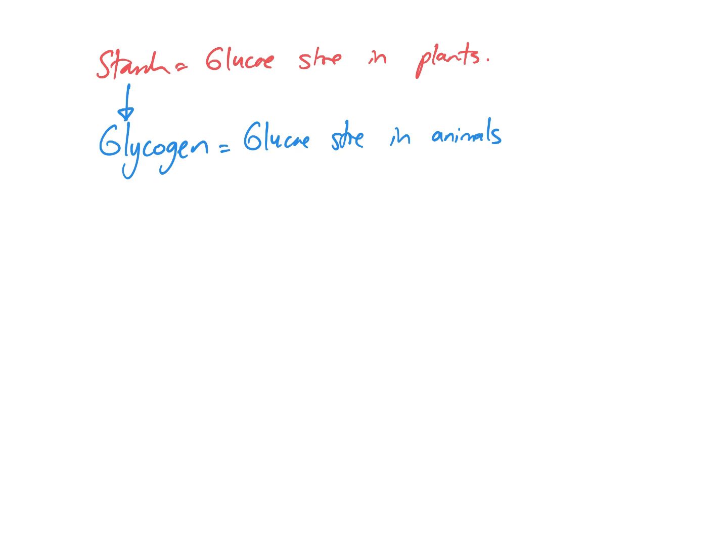And the same as amylose and amylopectin, the basics of any polysaccharide are a 1,4 chain of glycosidic bonds. But glycogen